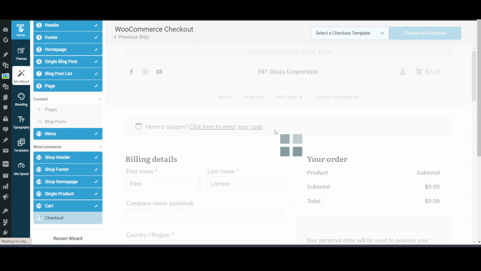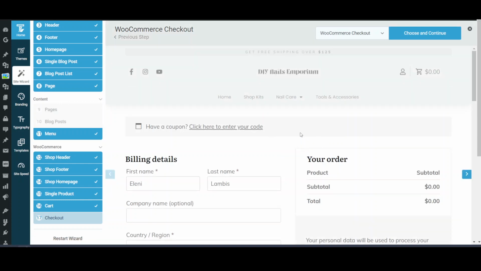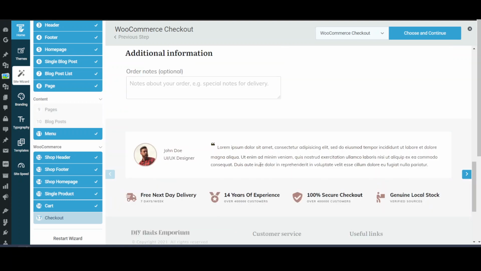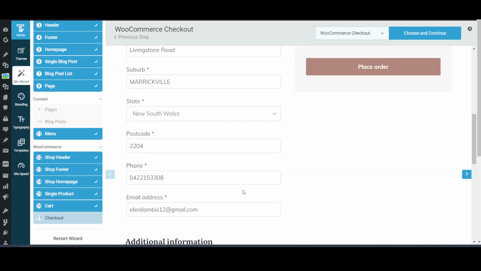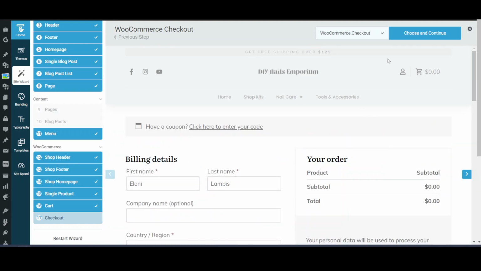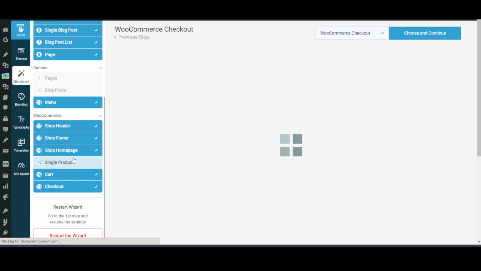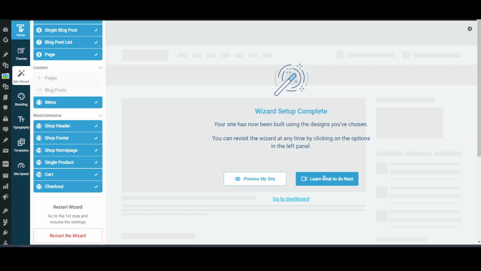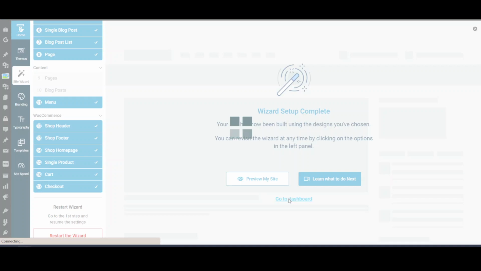And then you have got a checkout page, so you can select the design for the checkout page as well. This is one of the ways you can display the checkout page. This is nice and clean, and you can display a review also. This is nice and clean, so I think we can use this one, no need to change it. So we have completed the wizard, the theme setup, and I think we are good to go. Now we can go to the dashboard, and now we can see what options we are getting.